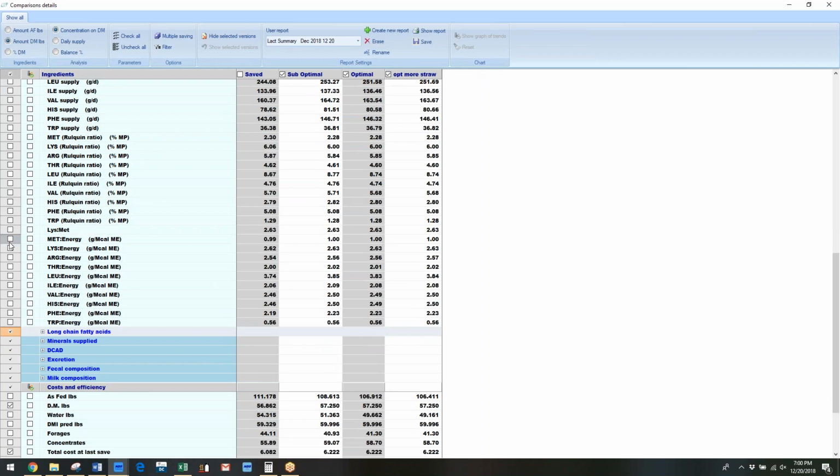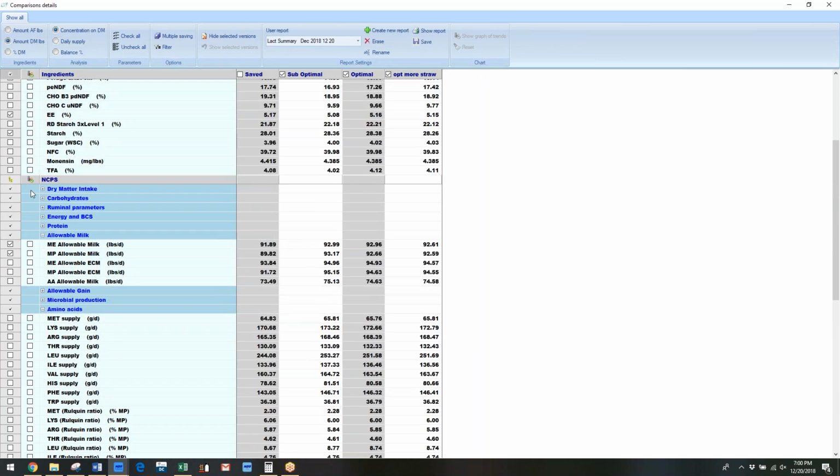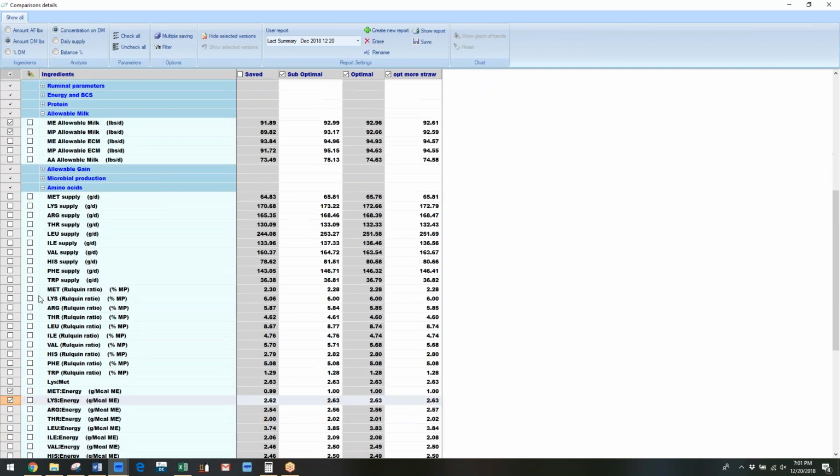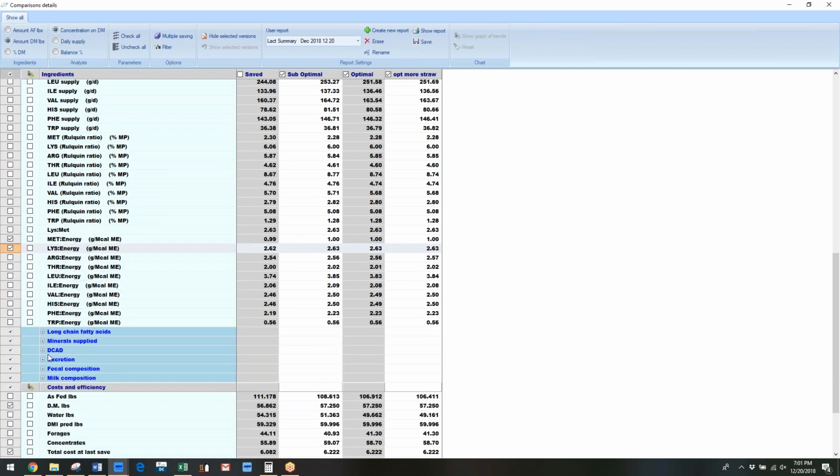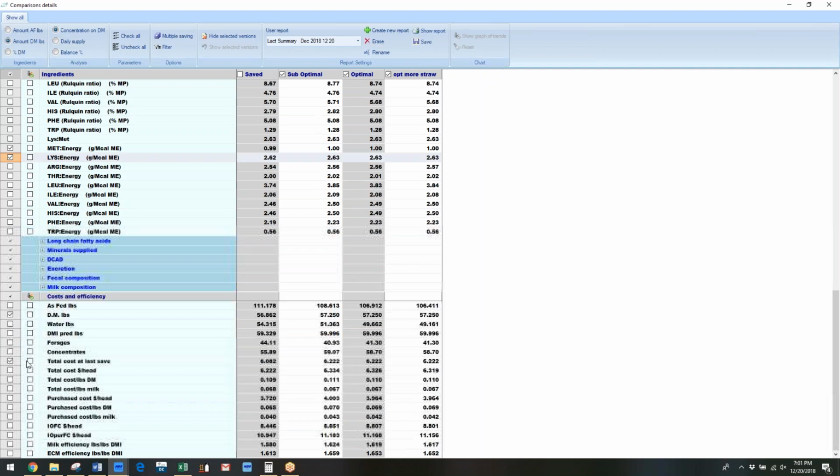I may want to show the lysine and methionine, for example, here. I can go up and show ruminal parameters, the protein parameters, microbial production, VFA production, DCAD, anything down here. What I really want to be concerned about is showing the dry matter pounds, and in this scenario we did